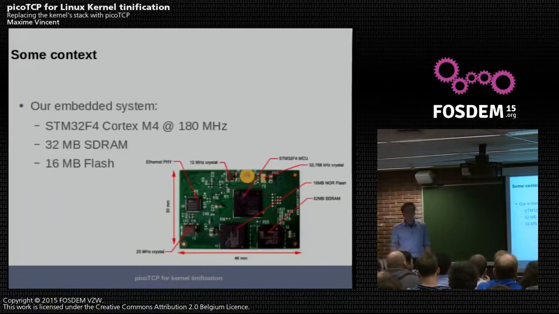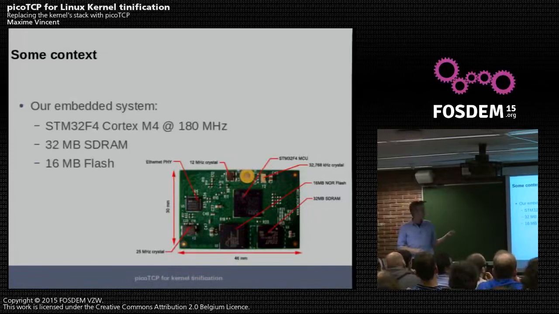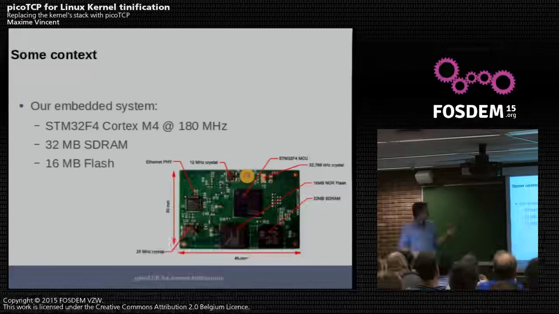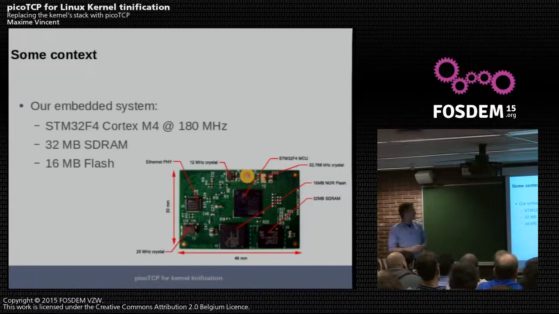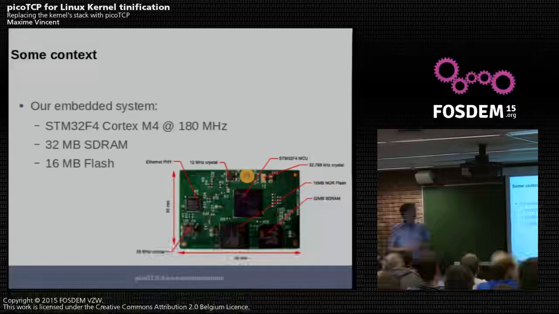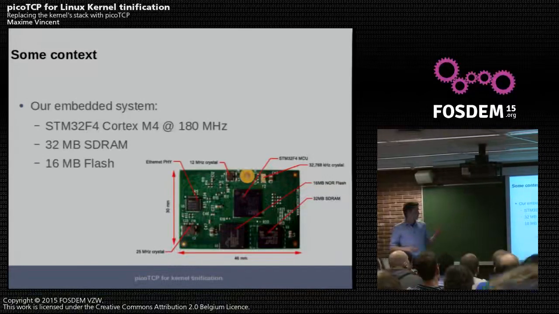So what is a tiny embedded system? What kind of system am I thinking about here? For the example, I took a development board from Mcraft, and this has a Cortex M4 microcontroller on it, one from the STM32F4. This is a microcontroller that's being used a lot on tiny embedded systems because, well, it's cheap, it's small, and has a lot of peripherals on board.